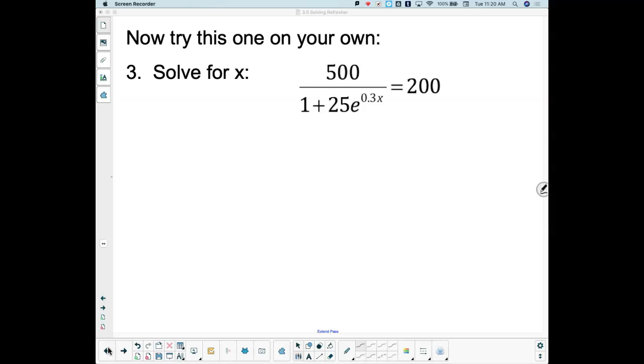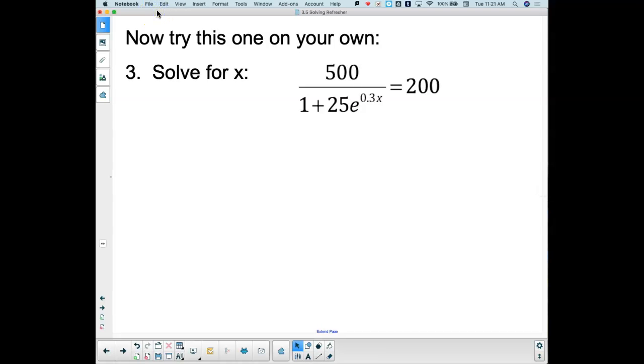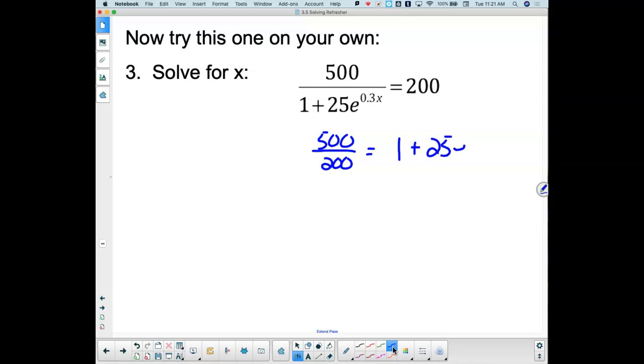So this becomes, whoa, where did all my colors go? There. Okay. So this is like 500 divided by 200 equals 1 plus 25 e to the